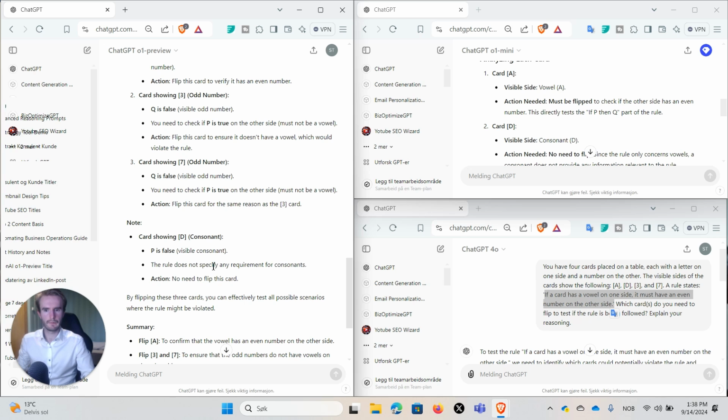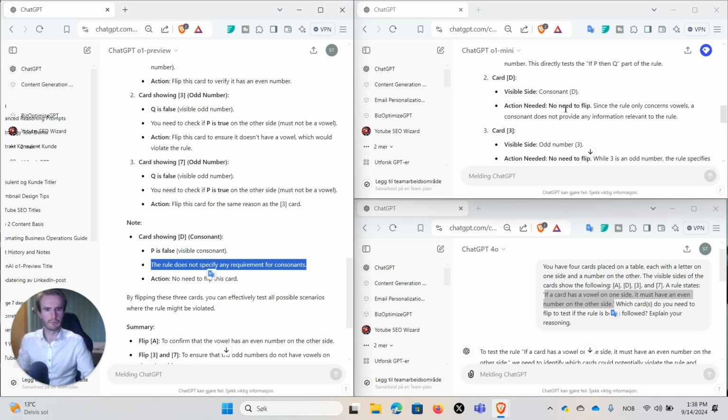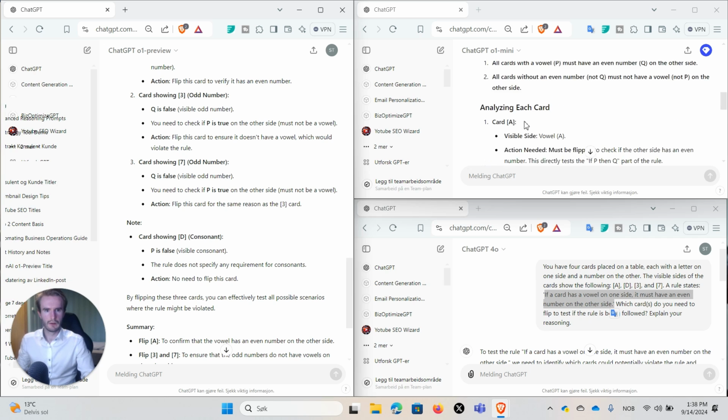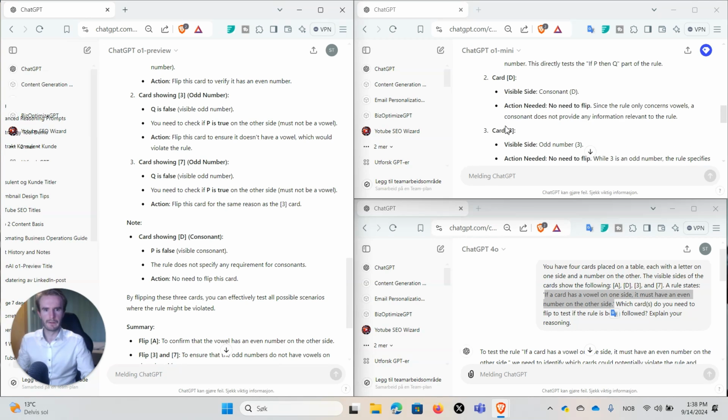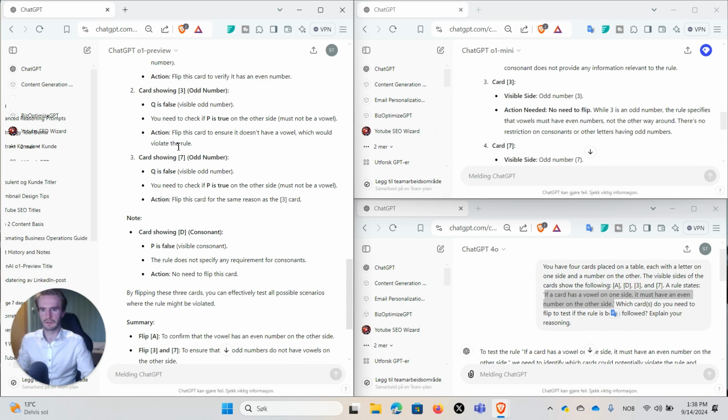So here, this is interesting as well. Since the rule only concerns vowels, a consonant does not provide any information relevant to the rule. So it has the same understanding of the D card here. But yes, it has the same understanding of D here, but it also